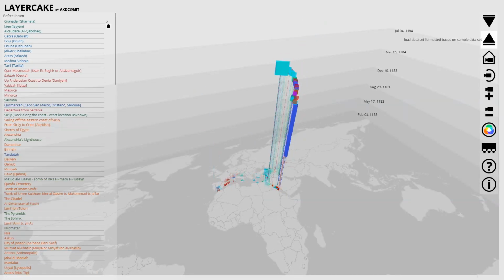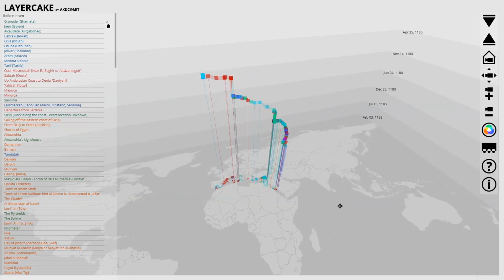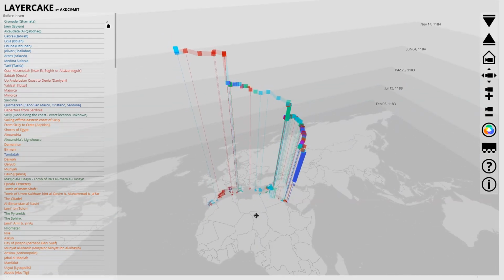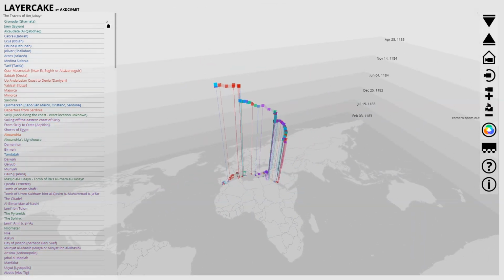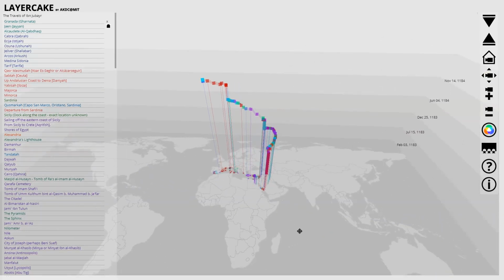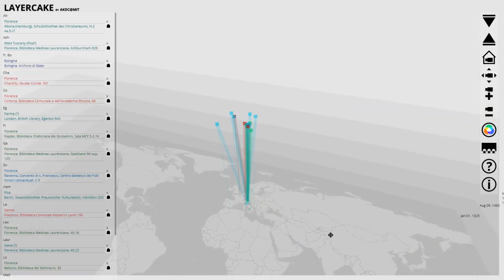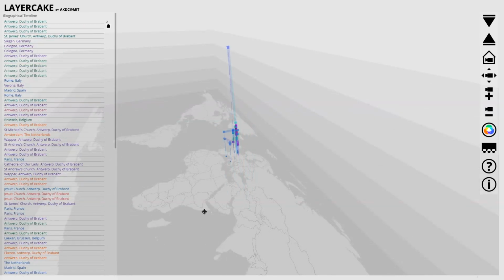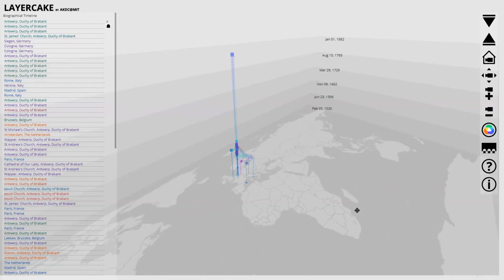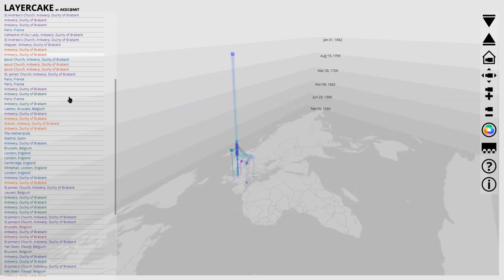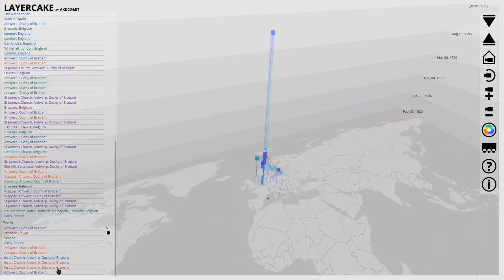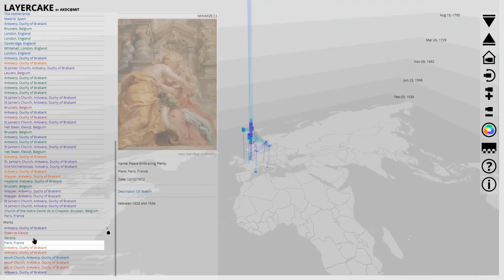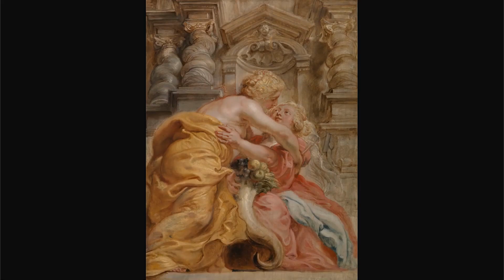The purpose of Layer Cake is to map collections of objects and narratives over time and geographic space. So far, this has been done for the travels of Ibn Jubair, the movement of Divine Comedy manuscripts over time, and studies around the life and work of Peter Paul Rubens. Each map object may hold a certain amount of detail information, including images and links to outside sources.